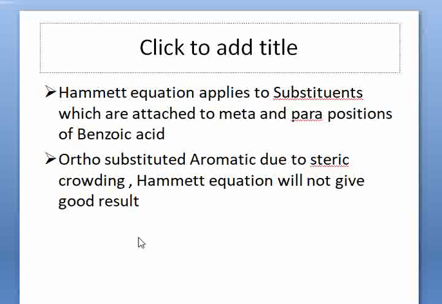Because of the steric crowding, the electronic effect of the substituent becomes less or more, so its effect will not be counted in the Hammett equation. The Hammett equation will not give good results with ortho substituents. So for ortho substitutions we can't use the Hammett equation, but we can use it for meta